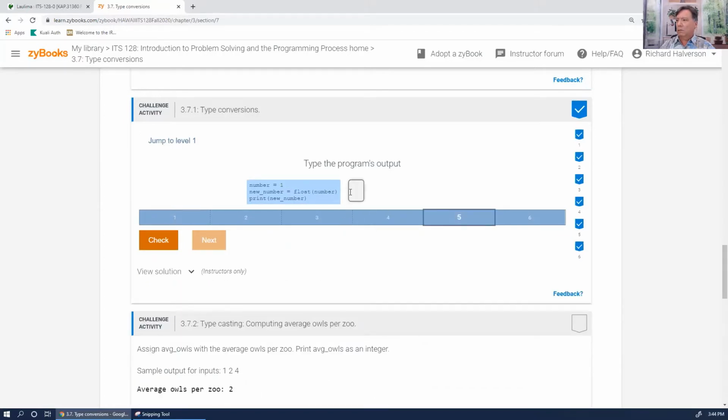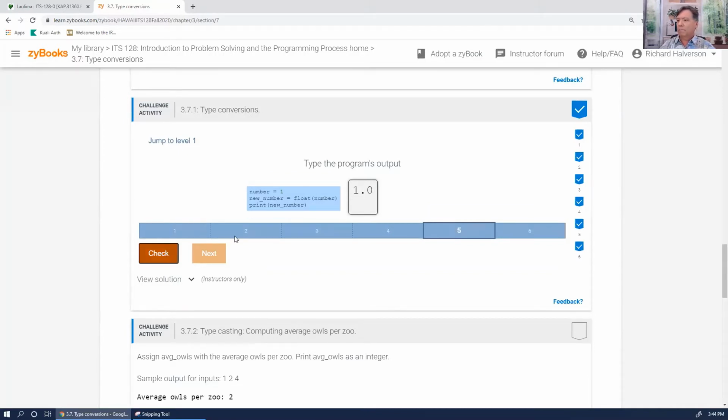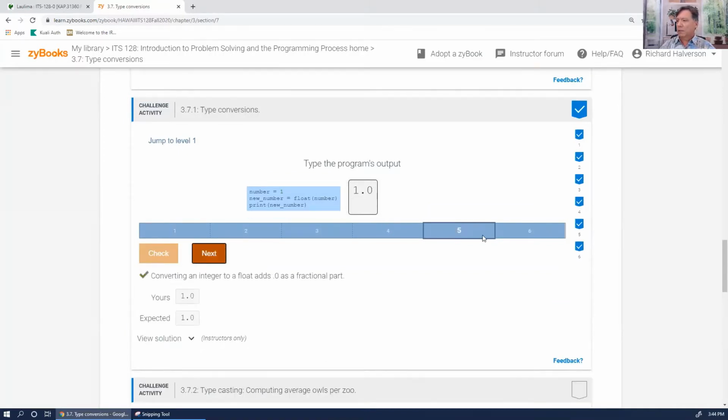And this one is 1.0 maybe. And this last one is,